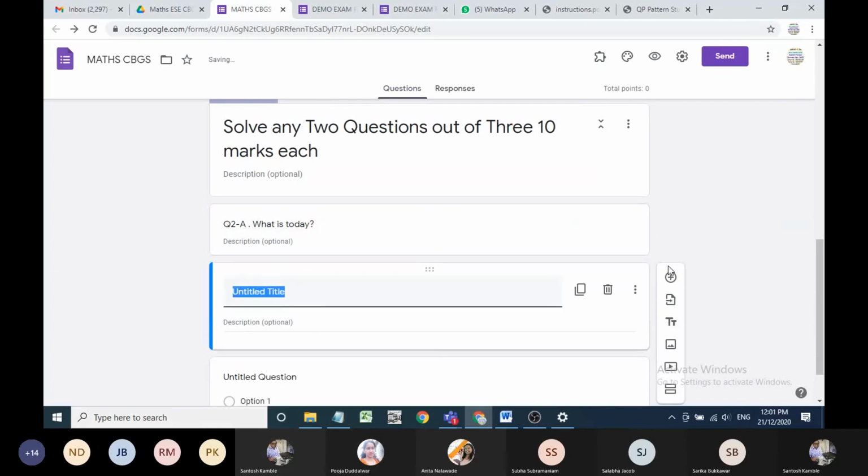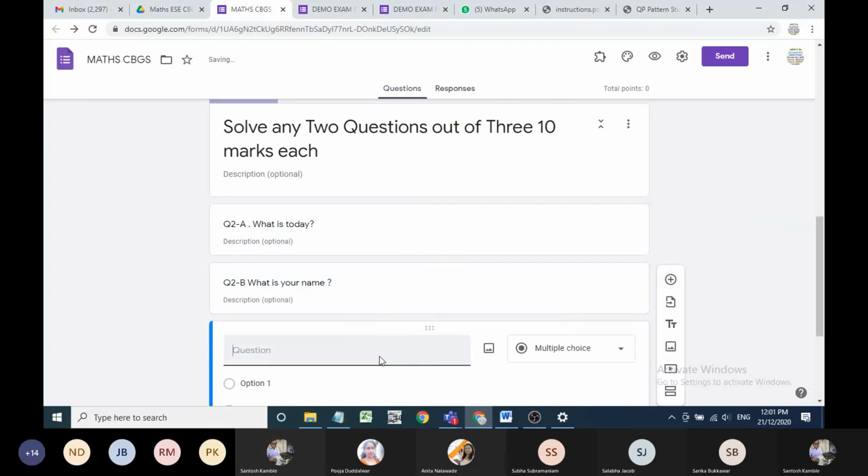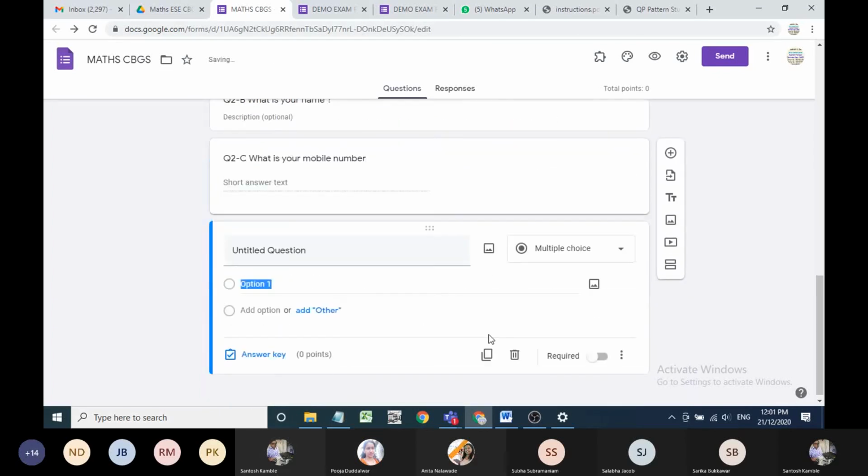Similarly, second question, question 2B. Similarly, question 2C. So only 3 questions are there.